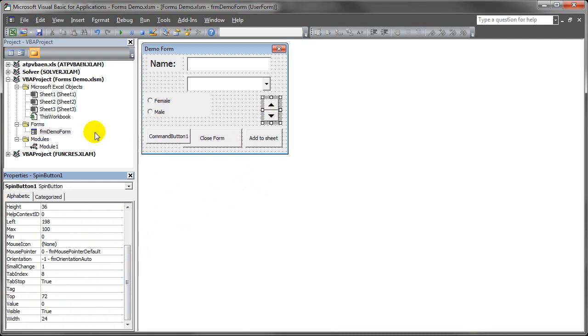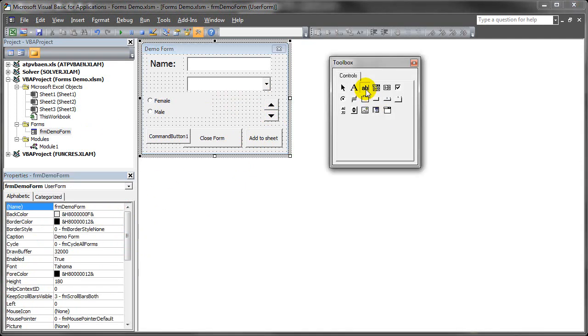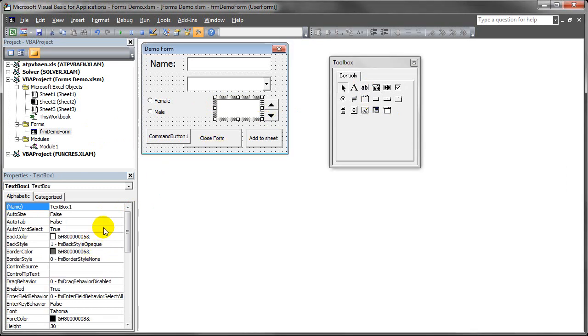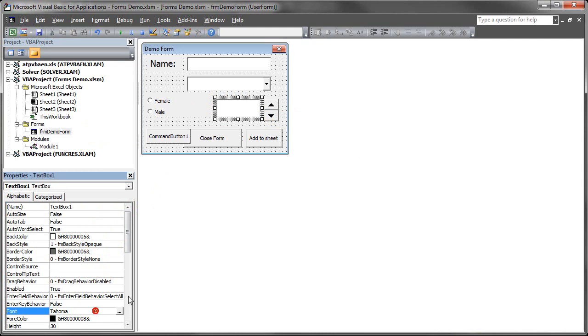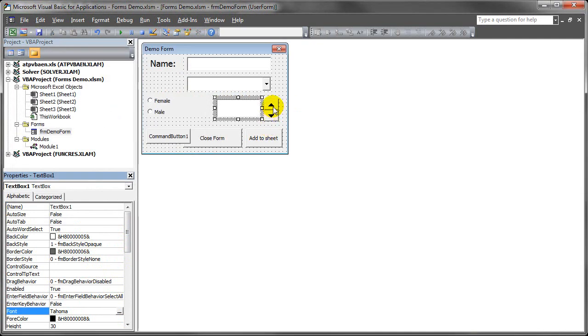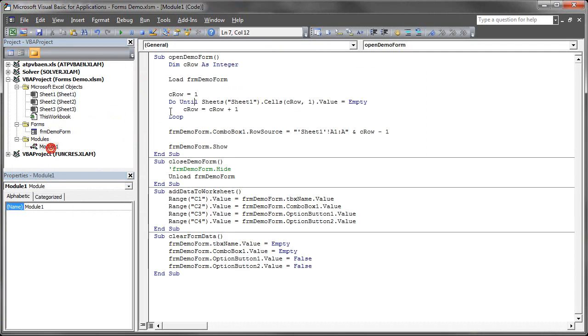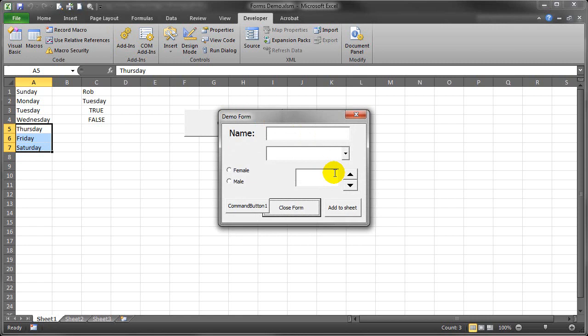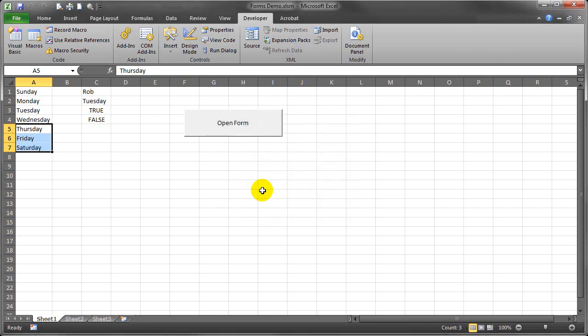And I'm going to also add a text box here. And we'll go ahead and change the font so that you can see the size and everything. And now you'll see when I run this form that nothing really happens when I push the button. The value on the spin button is changing, but you're not seeing any change here because I need to link this. So what I'm going to do is I'm just going to come in here